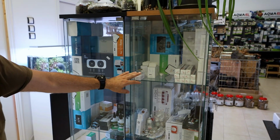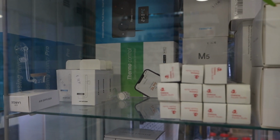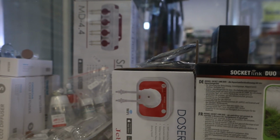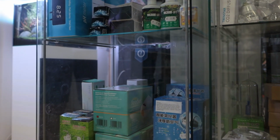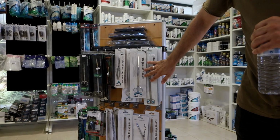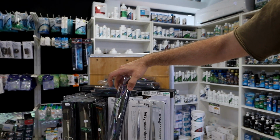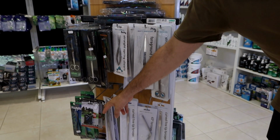Some twin star air diffusers, dosing pumps, some TDS meters, pH meters. Basically small and fragile goods that we have to keep in a shelf so clients don't break them, I think. In this little island is kind of our tools for aquascaping. We usually rock with Aqua Vitro stuff, also Masterline stuff. We got the spring scissors, the curved scissors,